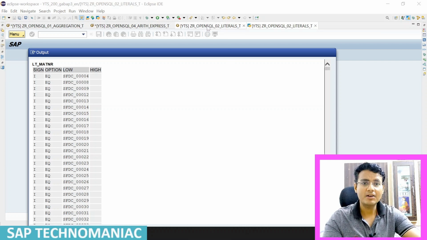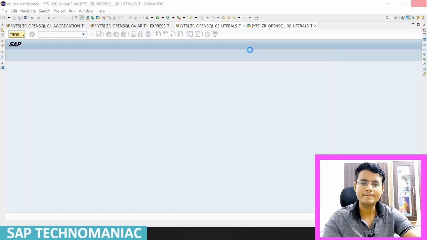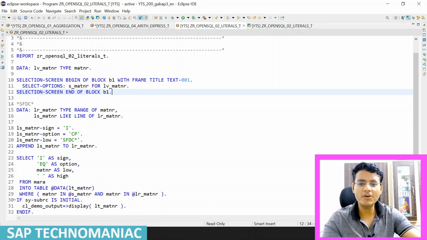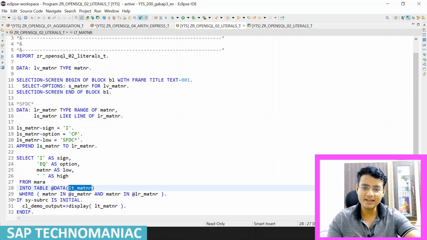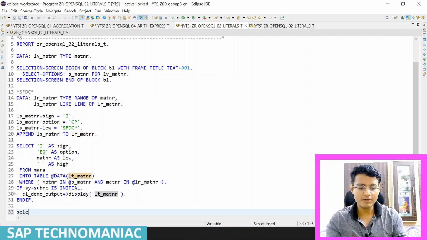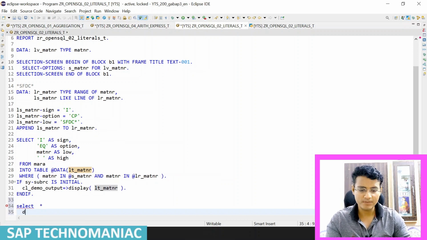Okay, and one more thing I just want to show you. Let me close it out. So you can see we got the result, now this material range I can use in any other select statement. Suppose I want to get some data from VBAP. Select. I'm just showing why we have created this range. Select all from VBAP